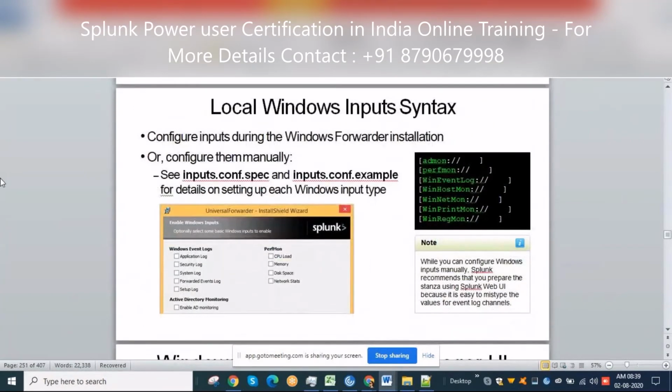And in Windows, you know how you will be writing the inputs.conf file. On the right side, the black box. Usually, we'll be writing with monitor. But if you want something different, for example, let's take this perfmon only, the second one. We are monitoring the perfmon logs. So here he has given perfmon colon //. So I'll show you.